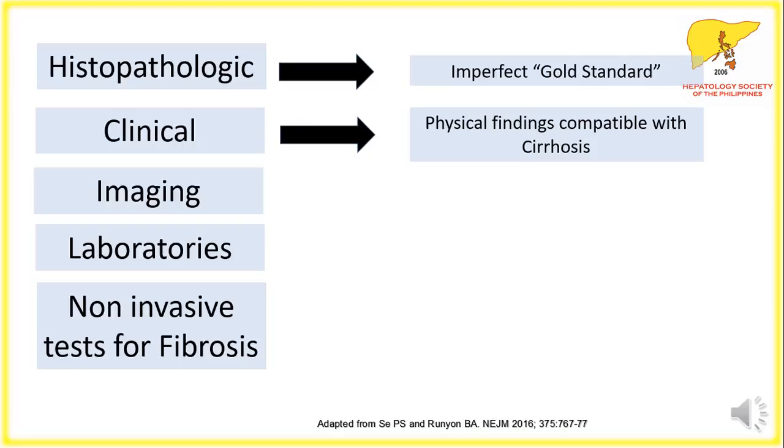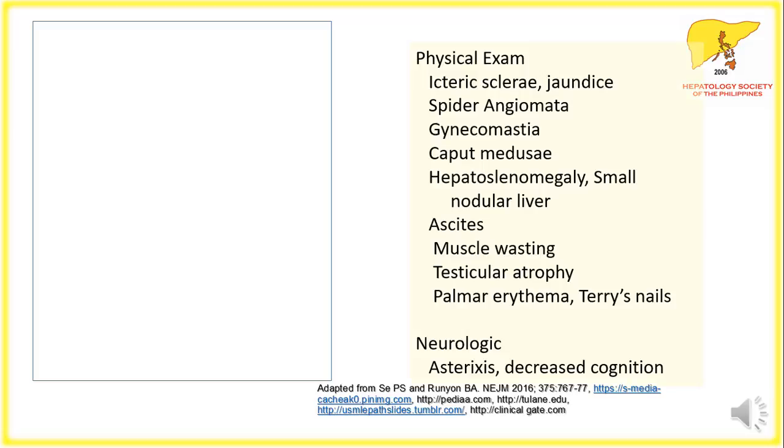Liver biopsy is considered the gold standard for diagnosis. It is, however, an imperfect gold standard because it's not widely available and it involves risks that, although rare, are frequently unacceptable to most patients. Findings in the physical exam may lead us to suspect liver cirrhosis and perform the necessary diagnostics. Key findings that may be seen in cirrhosis include